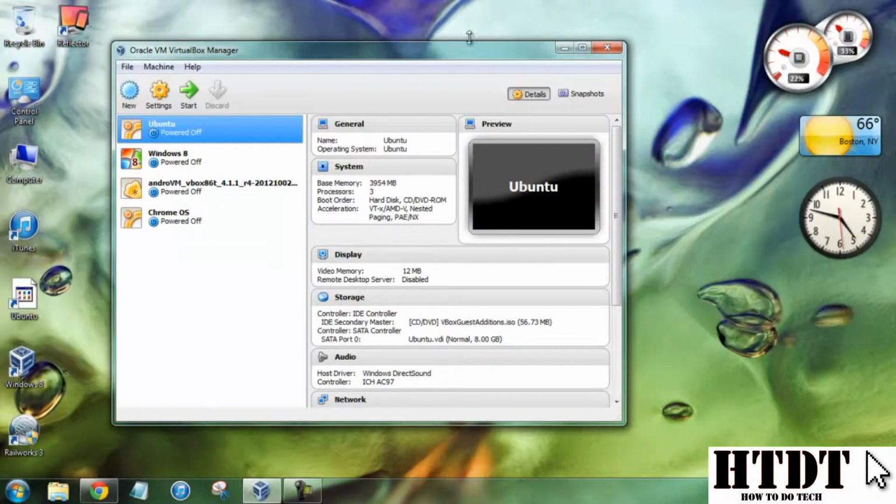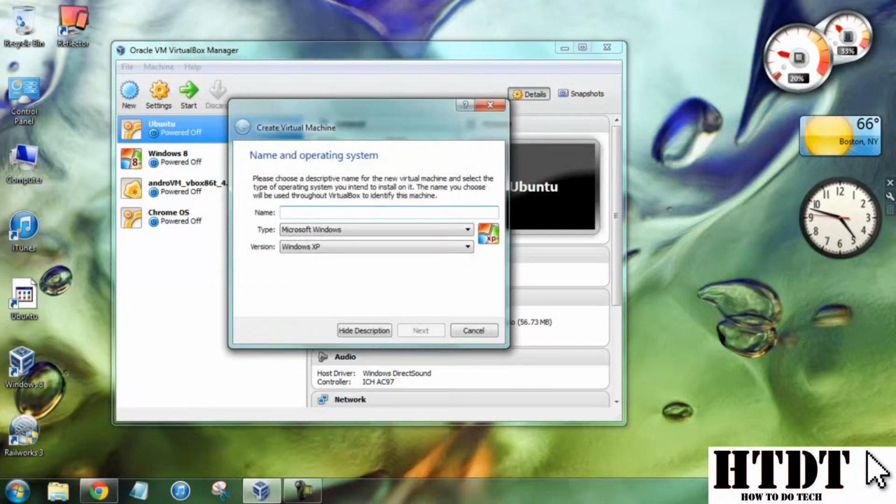After you've downloaded both of those things, install VirtualBox completely. Don't worry about the Ubuntu, just remember where it is on your computer, and then once you've installed it, you'll have this window. Now, you won't have virtual machines on your left pane because this is the first time you're using VirtualBox. So you're going to hit New, and then from here, you're going to have to name your virtual machine. I'm going to call mine Ubuntu 2 because I already have a version of Ubuntu on my computer, and